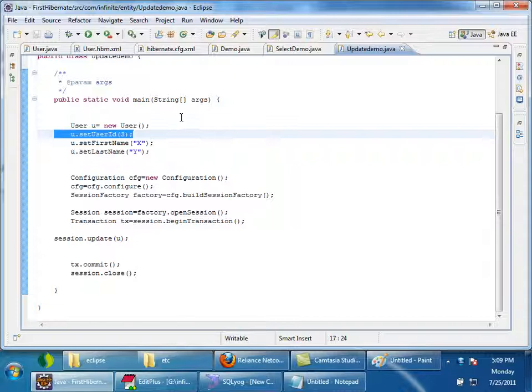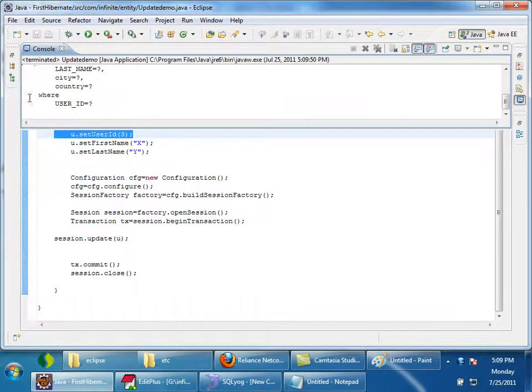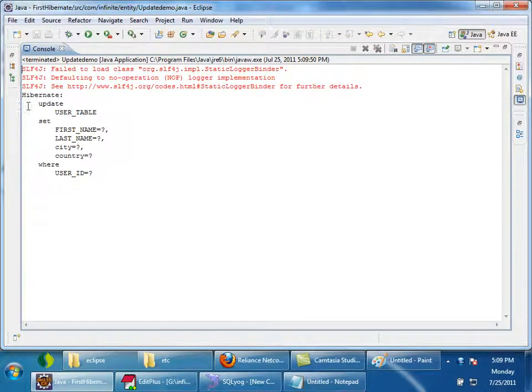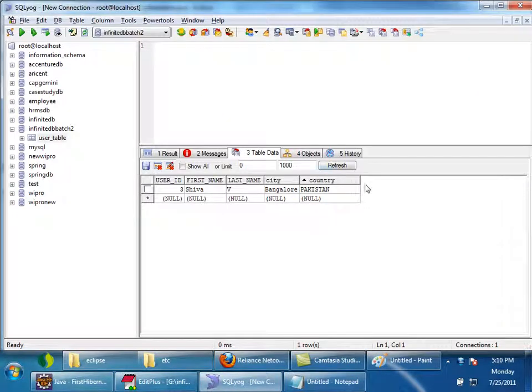Let us see whether the update query is fired or not. Yes, the update query is fired and it has set the first name, last name, everything based on the primary key. Now if I go to the database, first name will be X and last name will be Y. I'll refresh it. City and country are null because I didn't set them.